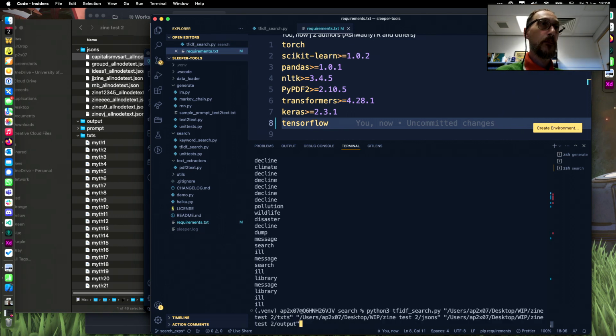So all I've got here is Python 3, and I'm running the TF-IDF search script. I'm picking where my reading lists are, which is in that folder called TXTs, where the notes from my Node Noggin nodes are, which is in that JSONs folder, and where I'm going to put the output, which is actually some CSV files